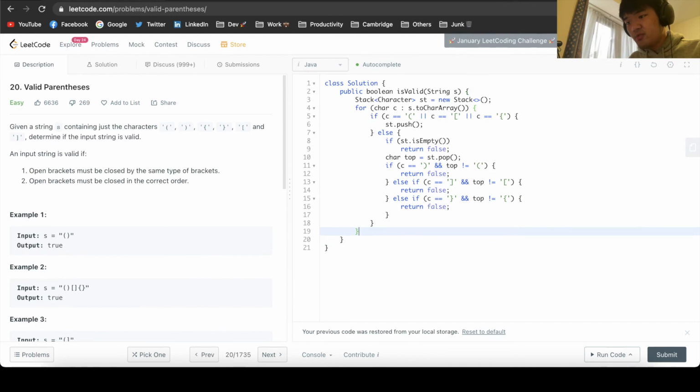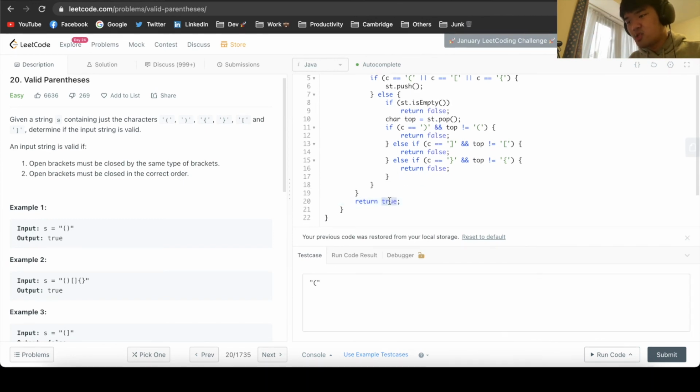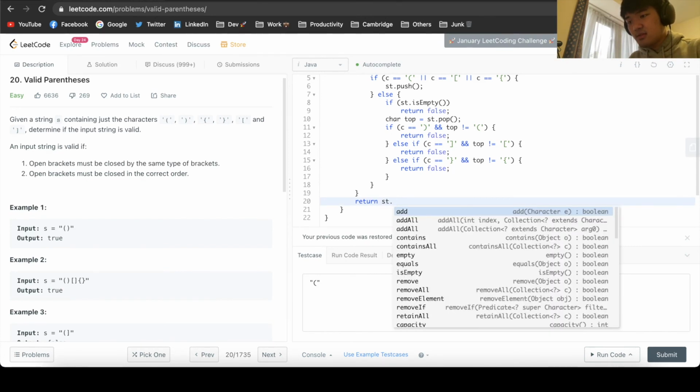Now, what do we do if we reach the end of the loop? Well, it's tempting to just say that we have reached the end, so obviously it's true, but that's not always the case. Do you know why? Well, consider this. Is this a valid string? Obviously it's not, because you open a bracket but you don't close it. But if we return true here, this will be invalid. So what do we need to do? We need to return whether the stack is empty. So if the stack is empty after we finish the loop, then we have a valid string. So we could just return is empty